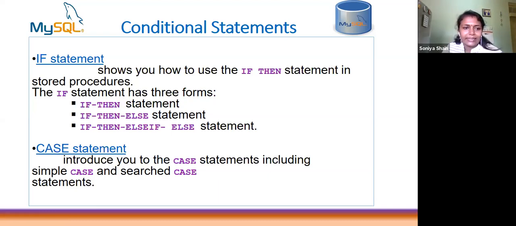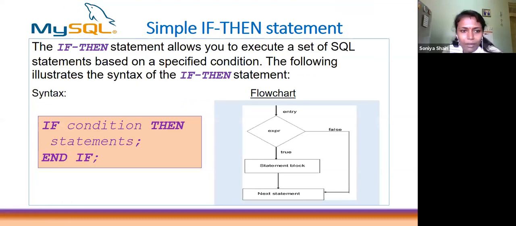So we will go into detail about the if statements. All of you are aware of the working of the if statement. This is the simple if statement. For the working, I have prepared a flow chart for you. From this, it is very clear that you first check a condition. If the condition is true, the statement block will be executed. After that, it comes to the next statement, which can be the end or any other set of statements. If false, it will directly come to the next statement.